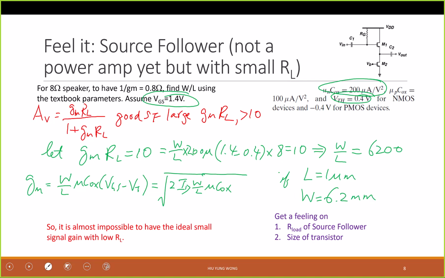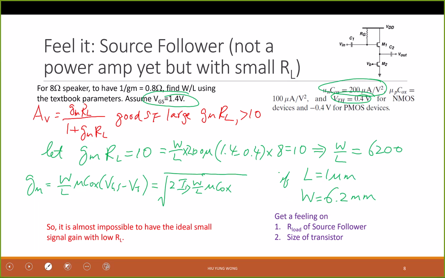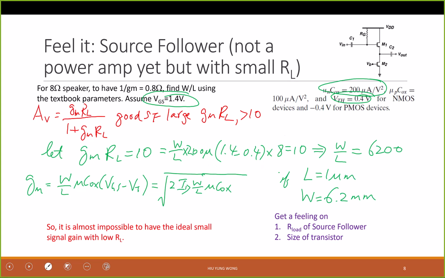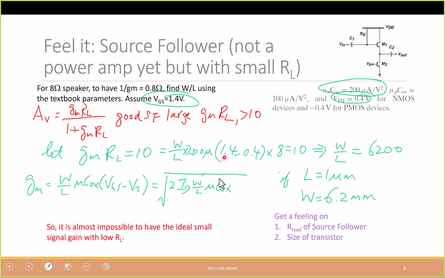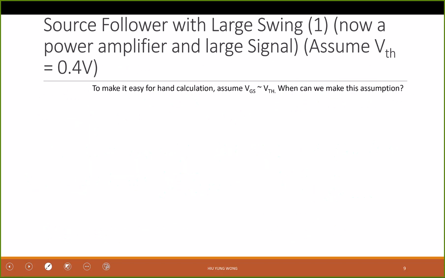But here is not for that, because this is for the small signal model. I just want to say that if you still want to keep the small signal model with this gain, you need a very large transistor. So this is just ridiculous. It's just that the load of the device is too low. I just want you to see that 8 ohm is really low. It's not a good load for a voltage amplifier. Okay. But just a feeling, right? No use actually. We are not going to use this, but you should be able to calculate this at least. A hint. Okay, so if there is